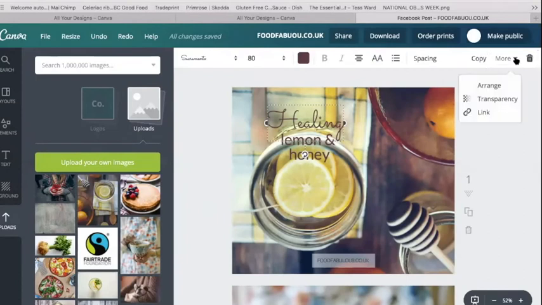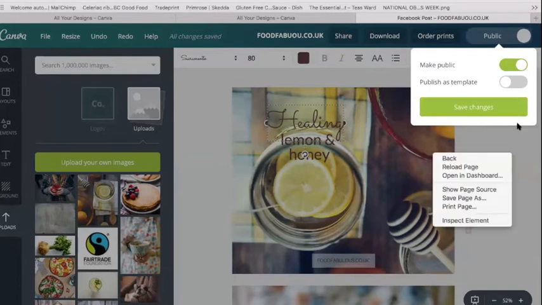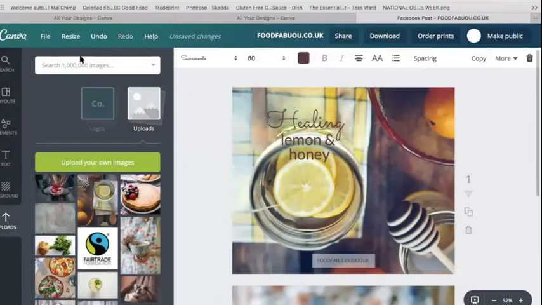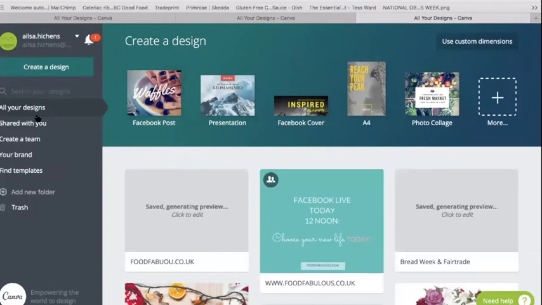What else can we do from the Facebook post? You can publish it as a template if you want to. It would then be your template. What else do we want to do? Now here's one of these things. I'm going to leave the page. In our designs,